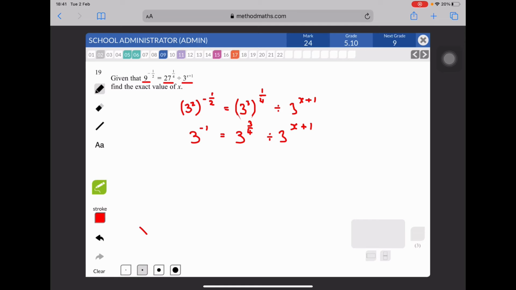Now we have an equation, and our aim is to solve the equation, work out where x is. These three powers have the same base. So I can write -1 equals 3/4